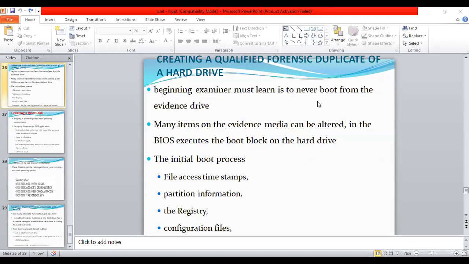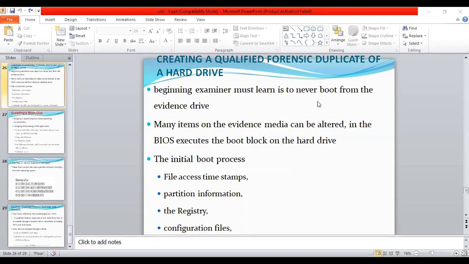Why? Because if you do the boot process from the evidence drive or a victim's drive, duplication losses will occur on that particular device. So use the duplicate drive only for the verification processes. Don't do any experiments on the logical appearances of that particular evidence drive. So make a duplicate copy and only then do the process.